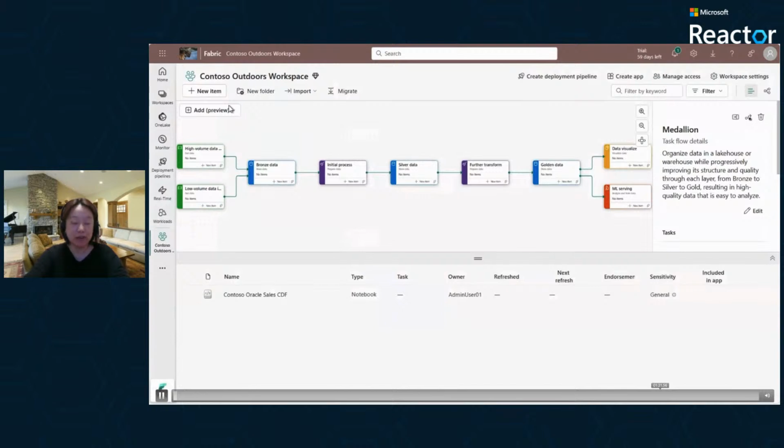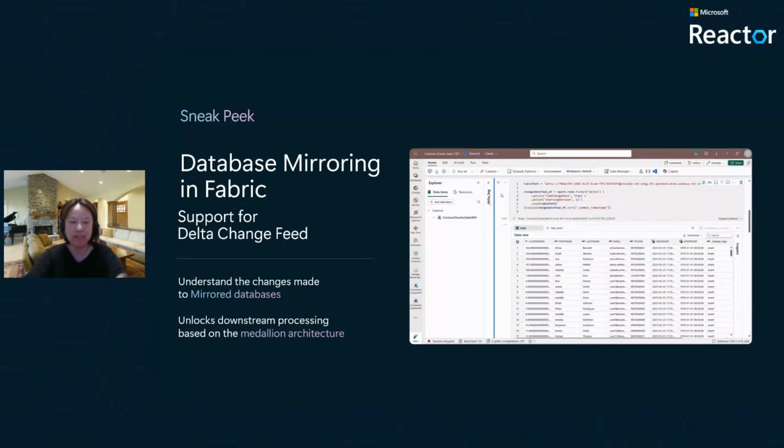Through the demo, you can see how easy it is to set up a mirror database for Oracle. And this setup flow is actually common across different types of data sources that we support for mirroring. And in addition to mirroring being very simple to help you keep replicating the data from source database into Fabric